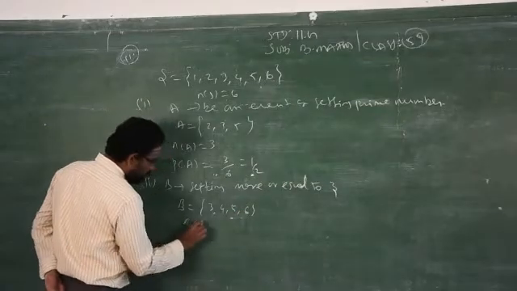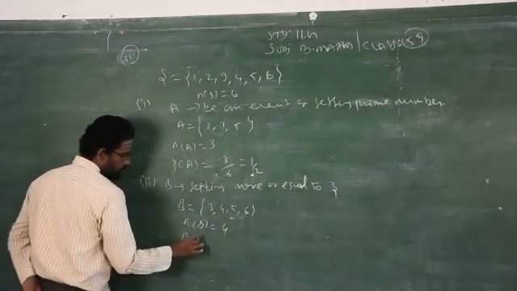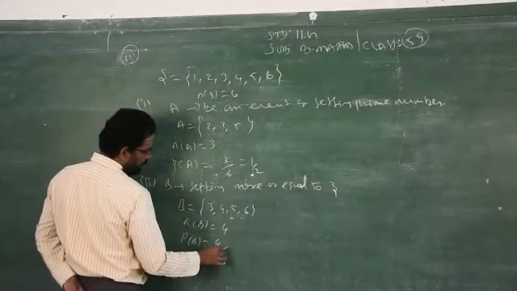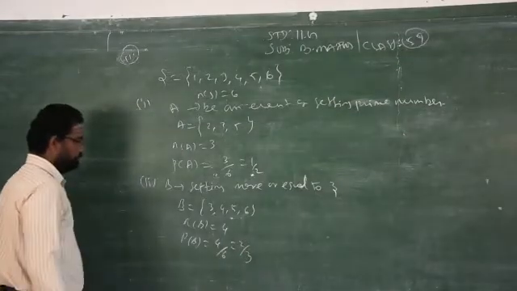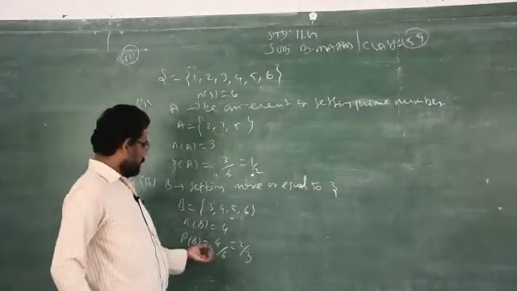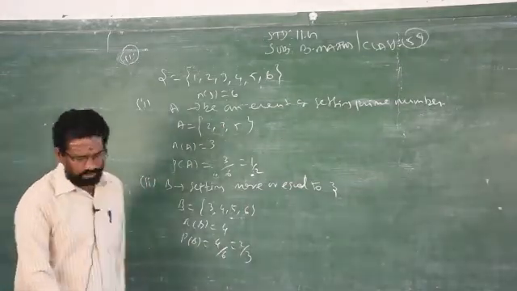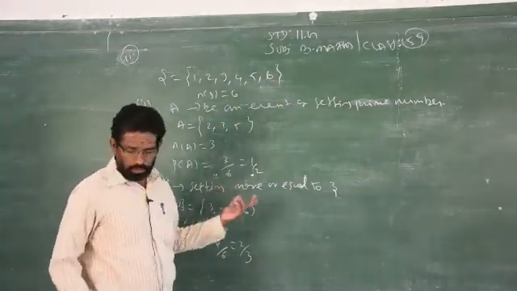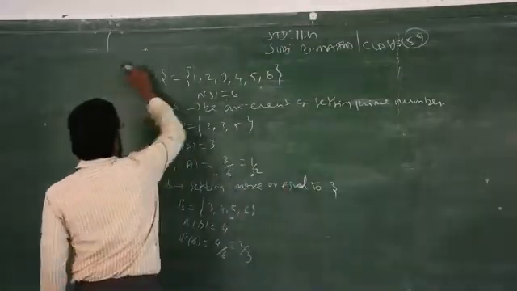So what is your n(B)? n(B) is equal to 4. Then P(B) is equal to, you know the formula already, 4 by 6, which will cancel, you will get 2 by 3. Clear? You can apply the 2 table: 2 twos are 4, 2 threes are 6. So these are the answers for question number 11, just like the 10th standard model. Now you go to sum number 12. Sum number 12.